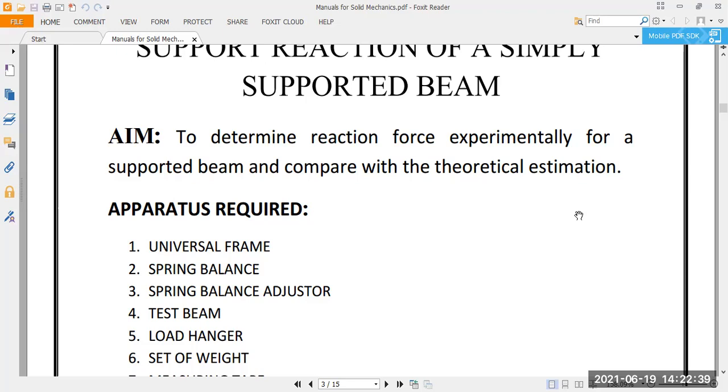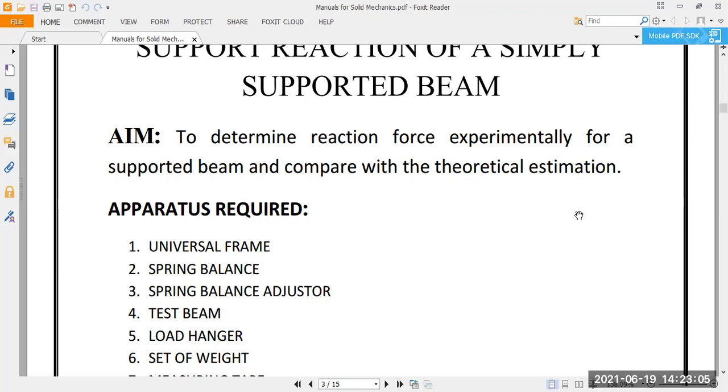Thirdly, the cantilever beam. It is embedded on one side inside a wall, and it is totally hanging and loaded, and it is totally supported by the wall, a portion of it being inside the wall to give it proper rigid support. This is called a cantilever beam. Next is the continuous beam.